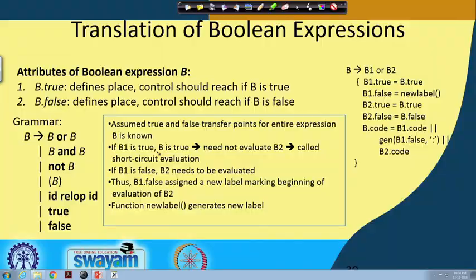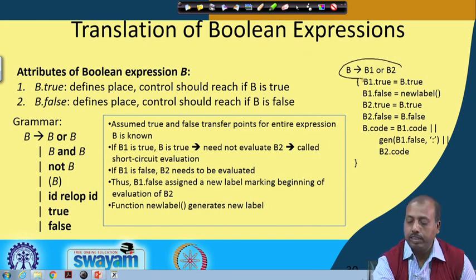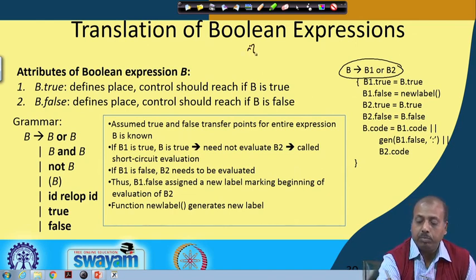For example, if we look into the first rule of this grammar, B or B. For the sake of our understanding, we are writing it as B producing B 1 or B 2. Like this. Now, we will assume that the true and false transfer points for the entire expression B is known. So, B is part of some bigger expression, like say,